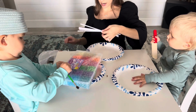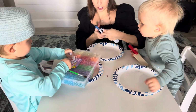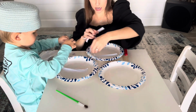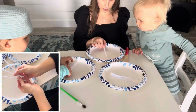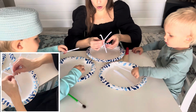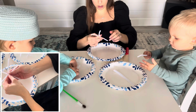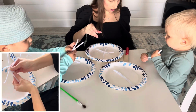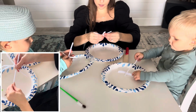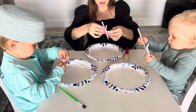So I am going to cut this so that we have 6. Should have got a wire cutter, but this is right. So we'll need 3 each. Okay, we're gonna take 1 stick, put it here. Okay, and then we're gonna kind of cross, loop it around. This, we'll make another one. And then we'll loop one the other way. Like this, Mom? One loop on each should be just perfect to make a really nice